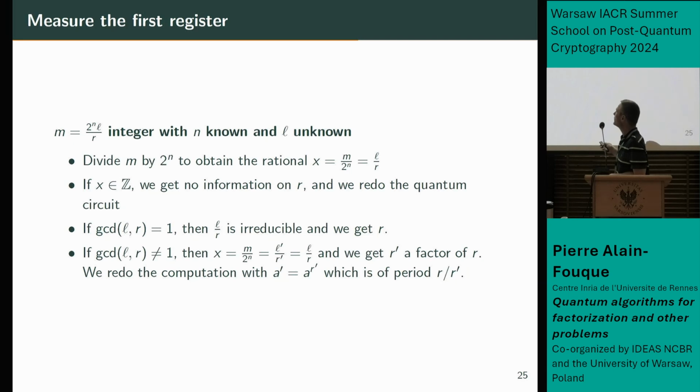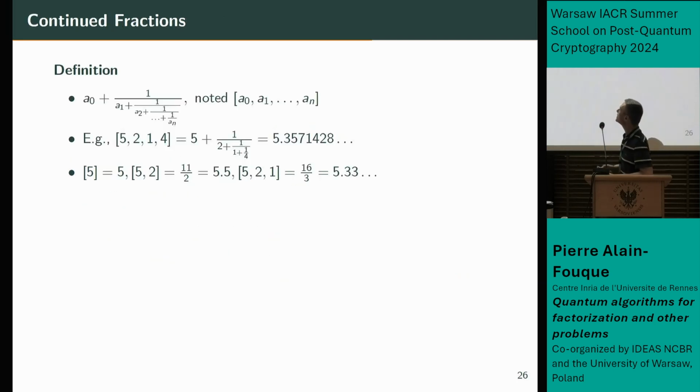Once you have a factor of the order, you redo the computation, but now using a to the power R prime, which is the factor that you get. And now the period will be R divided by R prime. Okay? So now it's easy. However,